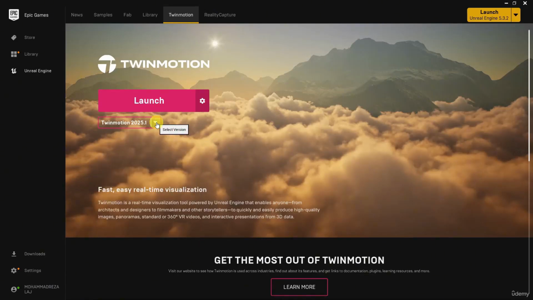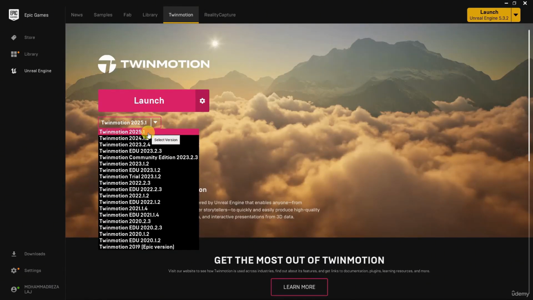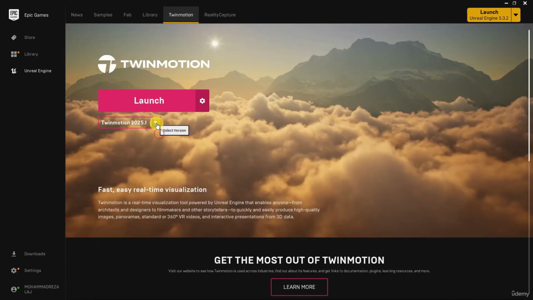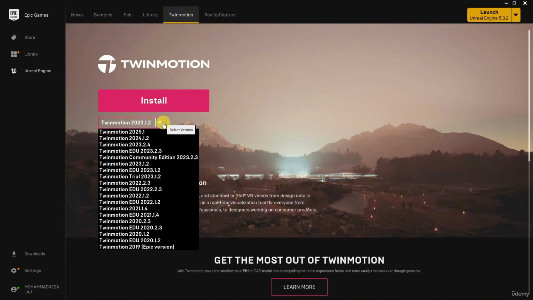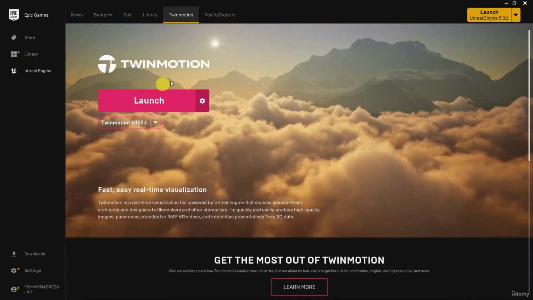You can install the latest version. For example, if 2025 is the latest version, install that one. Install version 25.2. If version 26 comes out later, install that one. We select this version and click on the install option here. Right now, since I already have it, it says launch. For example, if I don't have a version, it will say install here. I can install it. So that for the installation section,